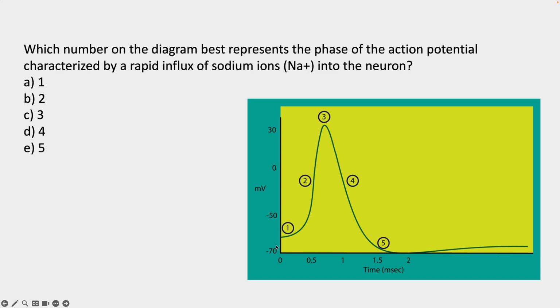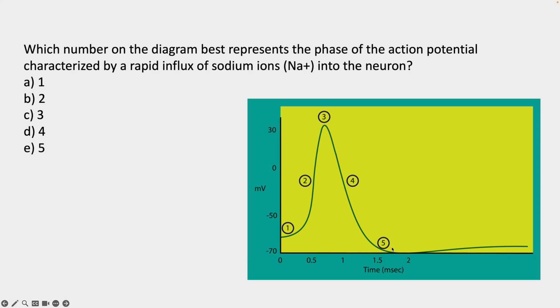In this diagram, we have a starting point that is a little bit above the minus 70, and is more or less in the 65 or something. Then we have a number 1, that is that point. We have a number 2 that represents this line that moves towards 0 and to the positive values. Then we have a number 3, that is this peak here. Then we have the number 4, that is this descending line towards the negative values again, until we reach the